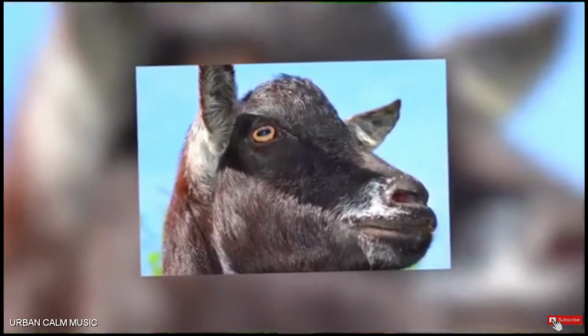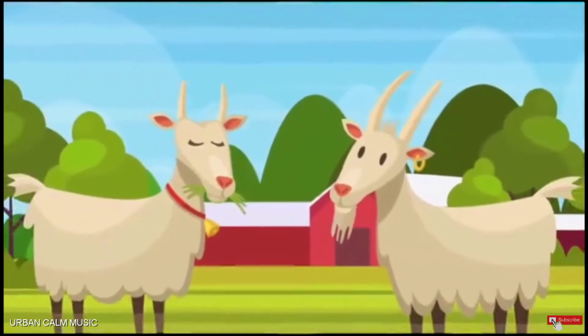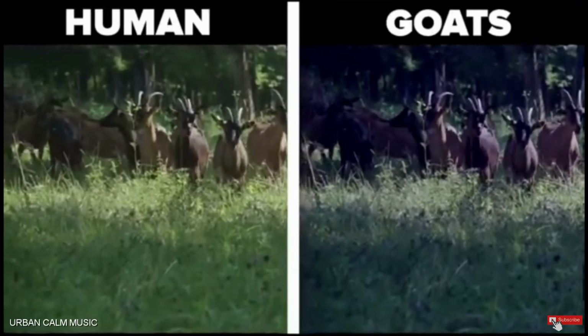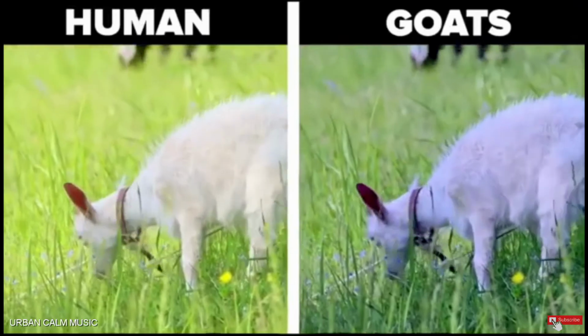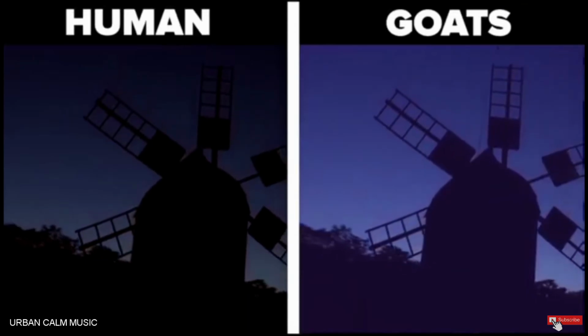Goats. If you've ever looked closely at a goat's eye, you may have noticed something special. Their pupils are rectangular. This is actually good for goats because it allows them to have a better depth sense. It also gives them improved peripheral vision. They have split pupils, which controls how much light they take in. This helps them to make sure they're not blinded by the sun during the day, but also allows them to see better during the night. Goat's eyes basically have a dark tint in the day, but in the night their vision is much brighter than